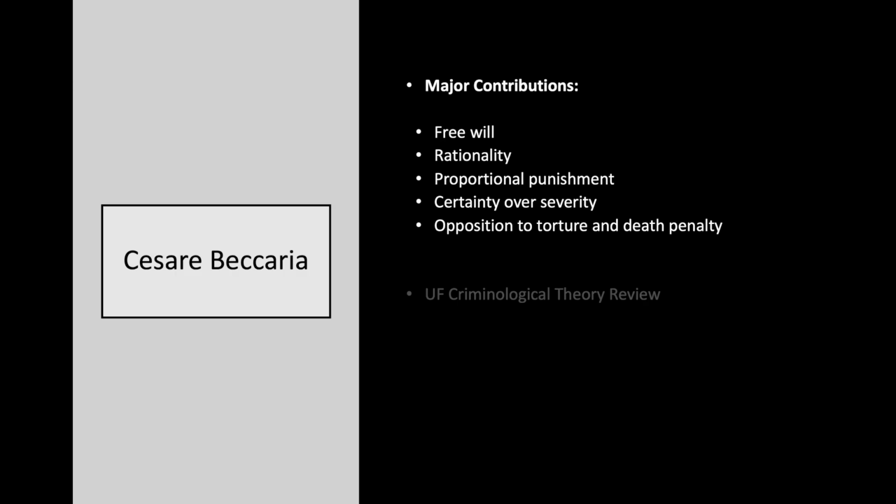So to close off this section, Beccaria's classical theory rests on the assumption that individuals possess free will and respond to incentives. Punishment deters crime not because it's maximally harsh, but because it's predictable, proportionate, and certain. Thus, Beccaria's contribution is both criminological and legal. He provides a theory of offending and a theory of limited rational punishment.